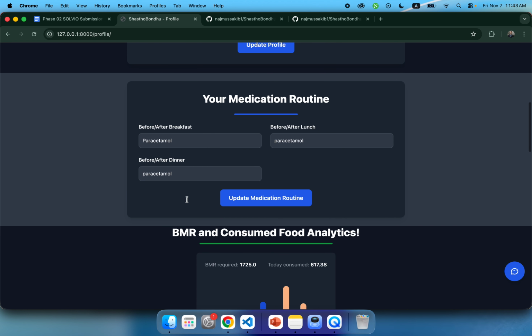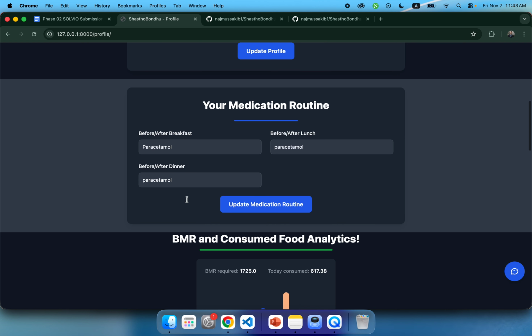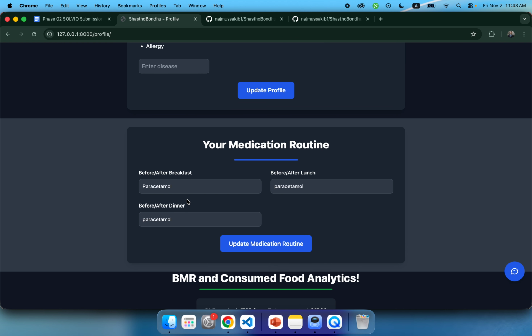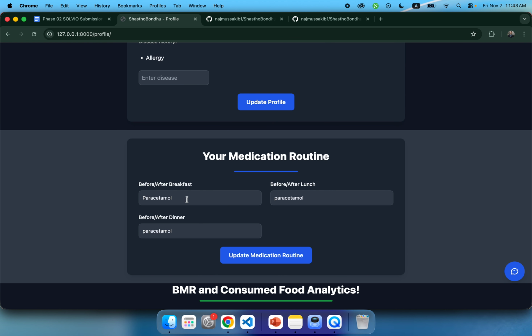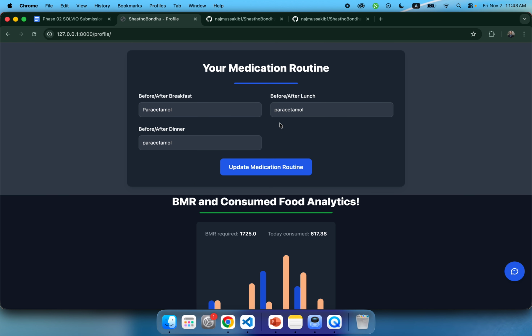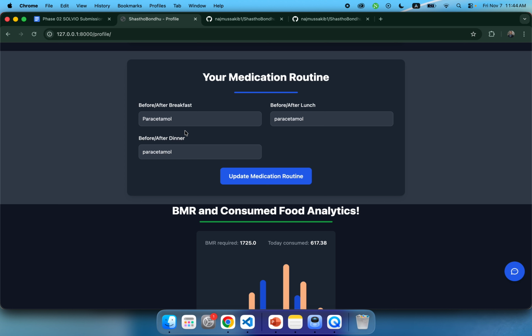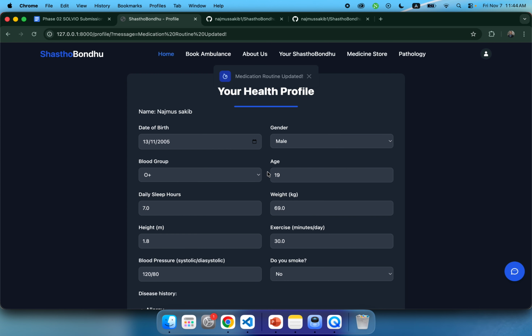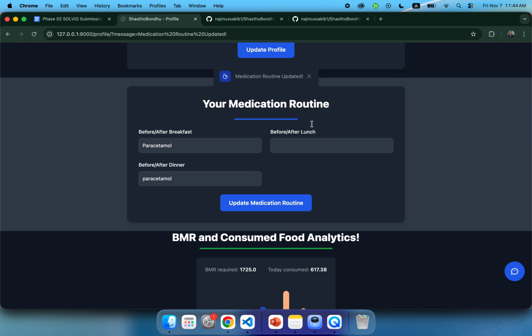And there is a medication routine of my daily life cycle, which will remind me from time to time when to take my medicines. I also can change my medication routine from here. For example, my medication routine is changed, and now I don't need to take any medicines at lunch. So I have updated my medication routine from here, and this will remind me when to take